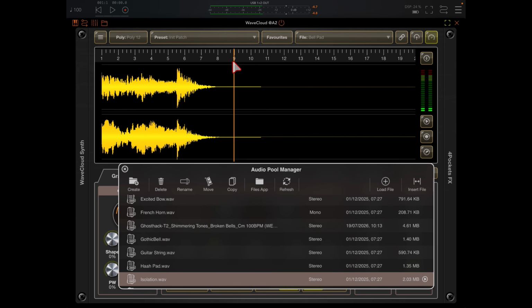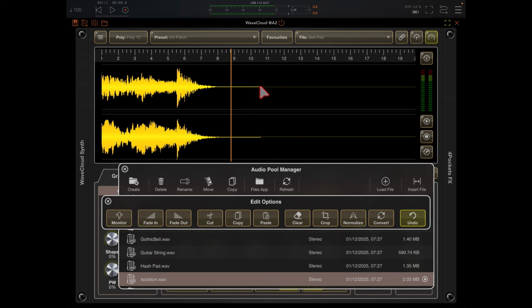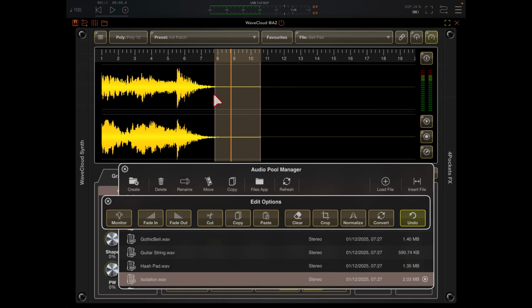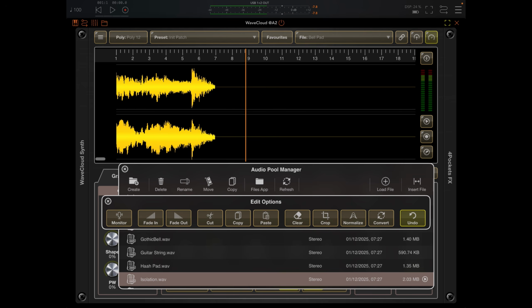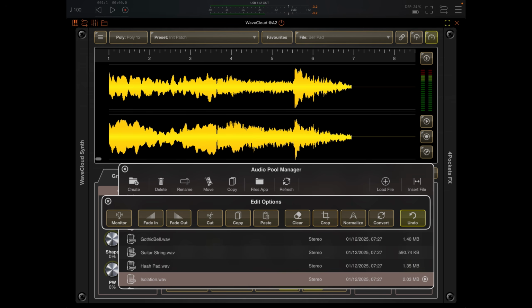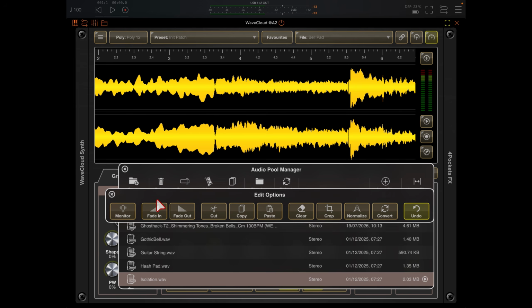This is all nonsense here, so I'm going to get rid of it. Let me go to edit. I'm going to click on edit. I'm going to make sure I just hold on the file and just drag to get rid of what I don't need. In fact, I don't need any of that neither, to be fair. I'm just going to cut it. You can choose, when you're in edit mode, you've got all these cool powers. So you can choose to say, well, maybe I don't want all of this,